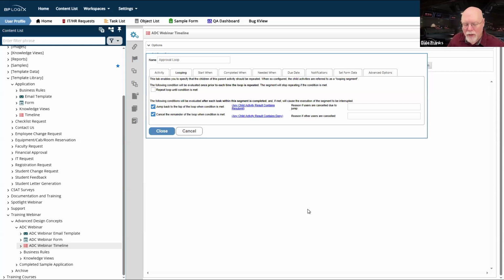But I've also got 2 other things that I've got to figure out how to do in most cases. What happens if I need the initial user to resubmit their request? They need to edit something, something isn't clear, I need more information, I have a question, whatever it may be. I need to get it back to the submitter so that they can provide some sort of answer for me.